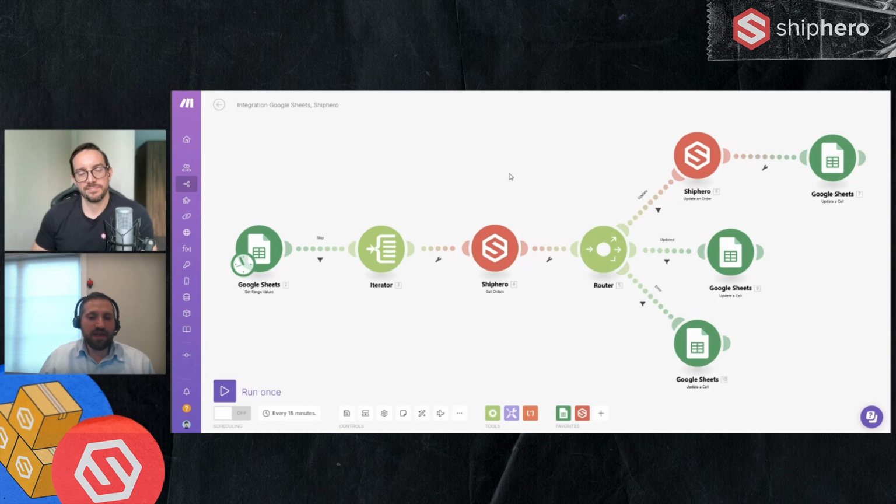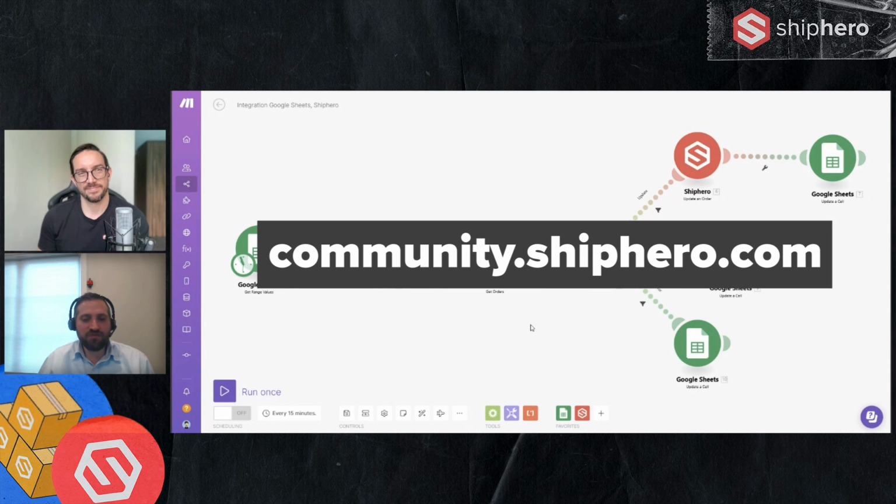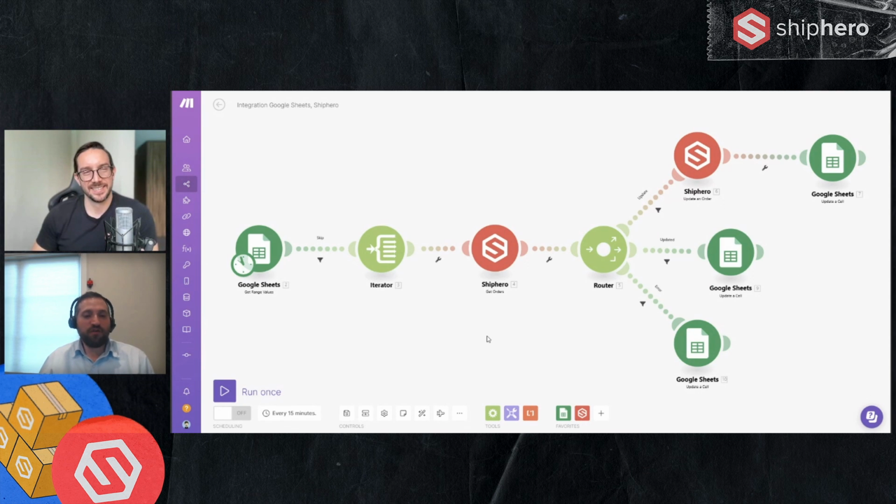We did also add a Make.com category to our developer community, so you can discuss different scenarios and workflows that you build, and ask questions about the modules, the ShipHero module. We can't really provide support for Make itself. If you're having trouble setting up your scenario, Make has their own community. They have many videos and a help site to help you with that. But if you do have any questions about the actual ShipHero modules, or requests, recommendations, or feedback, we'd love to hear about it at community.shiphero.com. So that's an overview of Make.